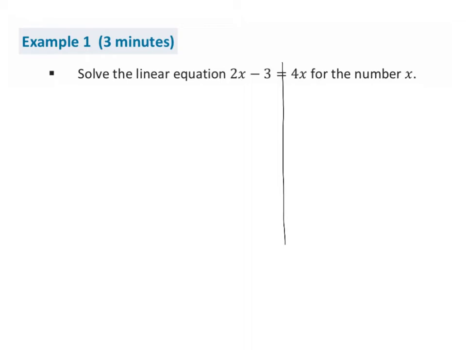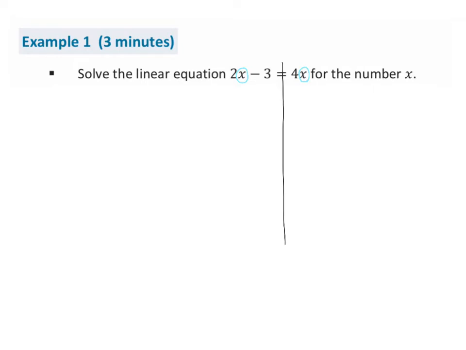So the first thing I do when I solve these problems is I look for my variables. And those are what I want to be by themselves. I want my problem to read something that says there's only an x on one side and then it equals something on the other side. Okay? So I'm going to try to move all my x's to one side and all my numbers, my values, to a different side. So the first thing I want to do, I'm going to start with